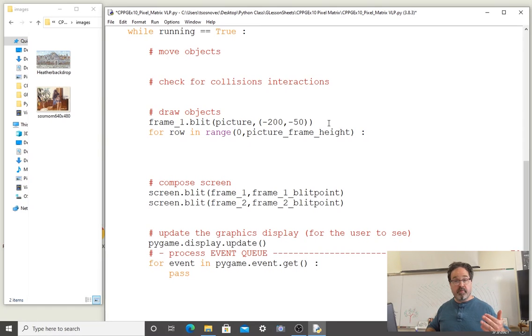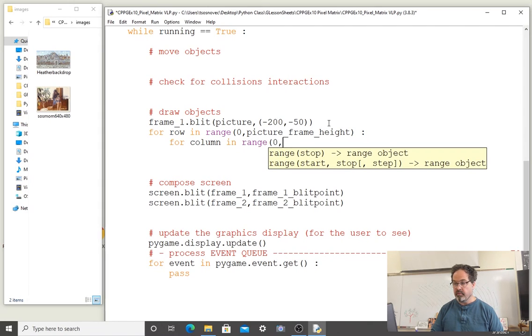So this for loop is iterating once per pixel in the height. And if I put another for loop inside, this is nested for loops, and call the iterating variable column in the range from 0 to the picture frame width,